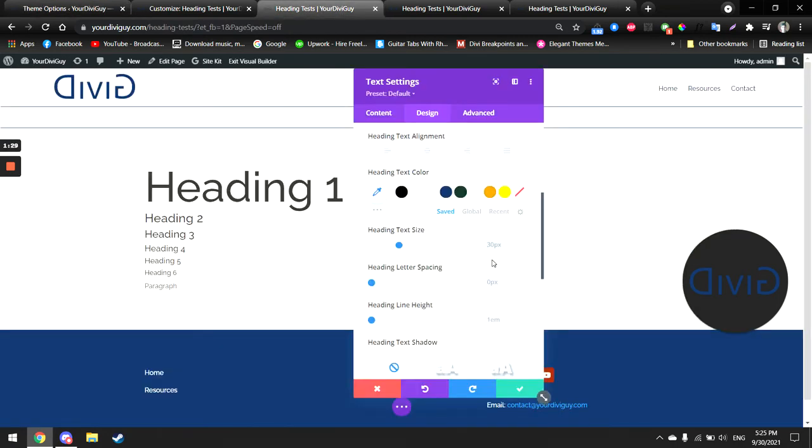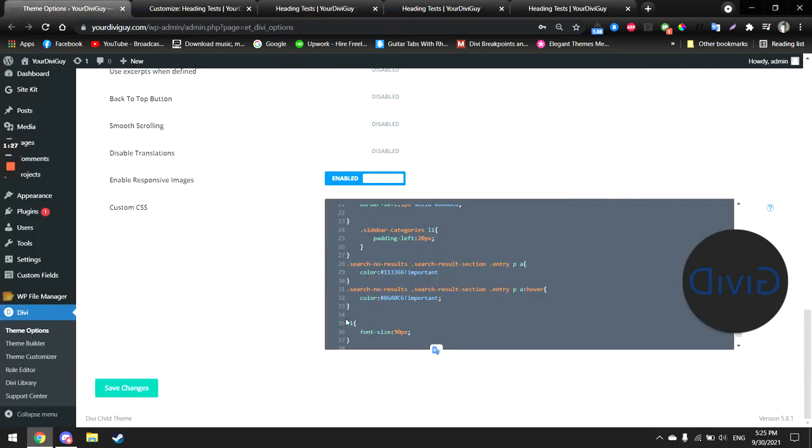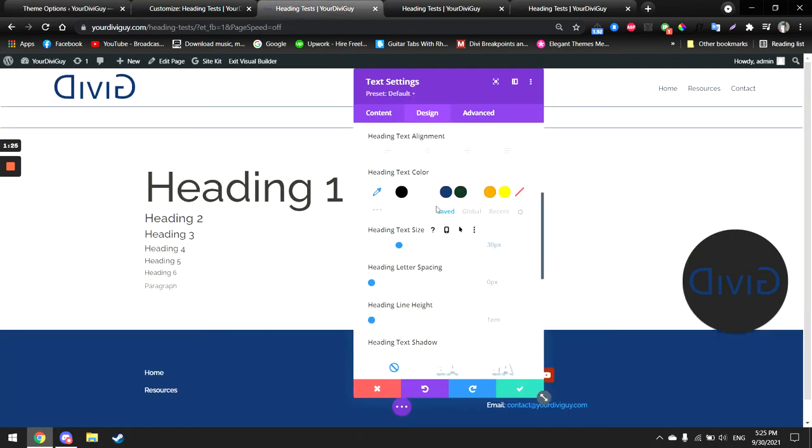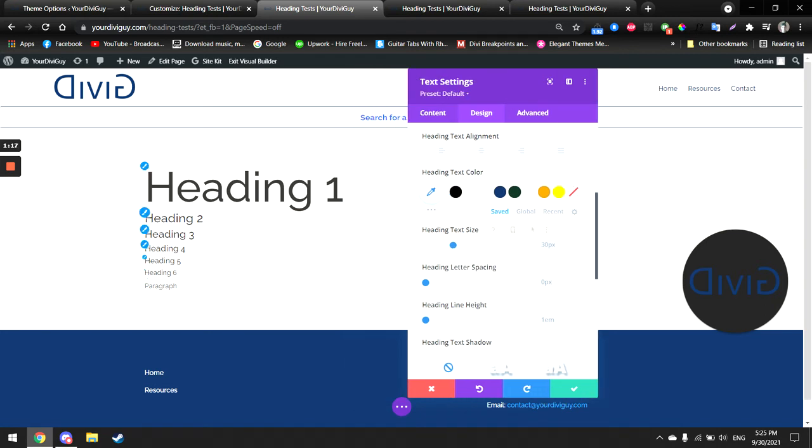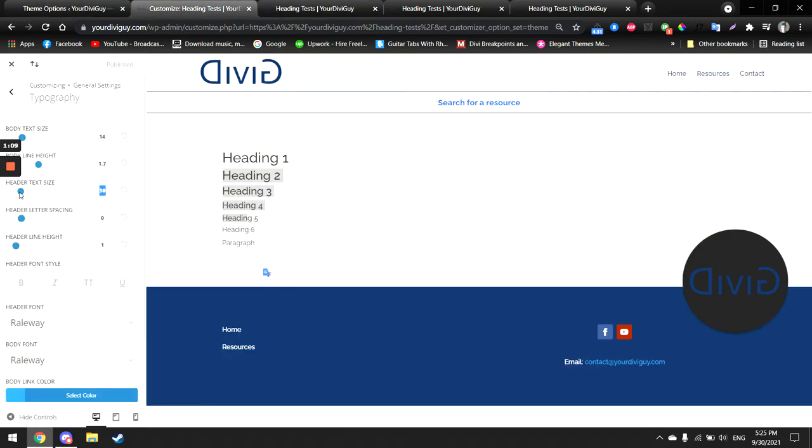So when you actually set 30 here, the CSS value will be displayed. So basically, with Builder or without using some specific CSS, you cannot get a heading size of 30 pixels in this case. So my workaround for this is that I either increase this to the maximum, or